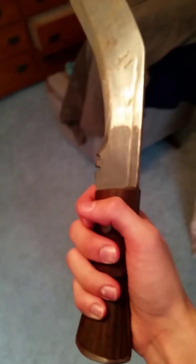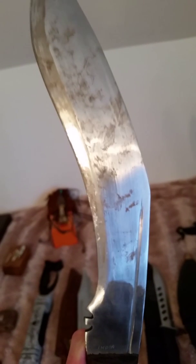This is the ultimate Gurkha kukri I got from Bud K. I thought it'd be amazing. It was $25. I didn't expect it to be the best kukri I've ever owned or whatever. And it is not. It's actually horrible, and I do not like it, and I think that I should get a full refund on this. But,